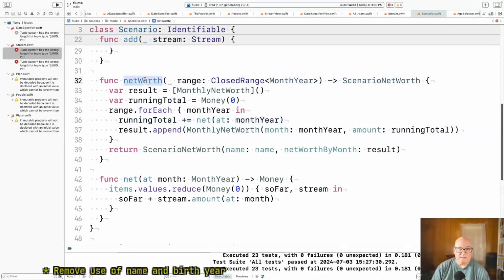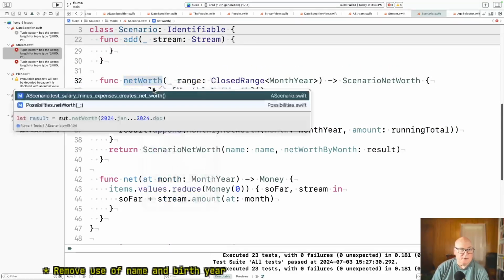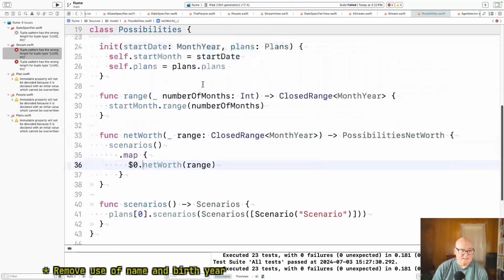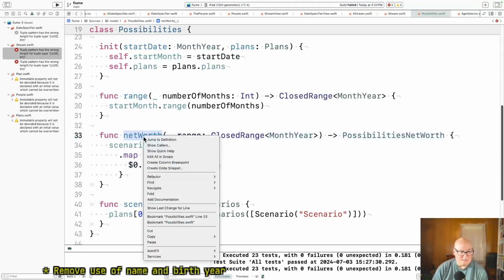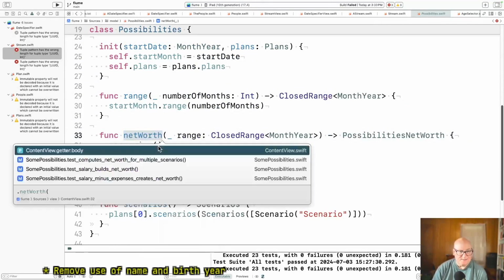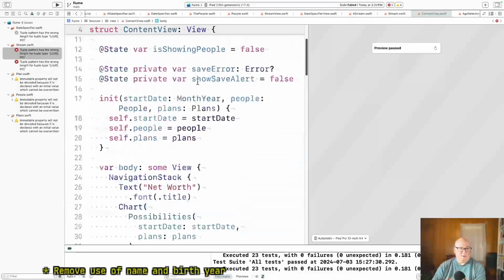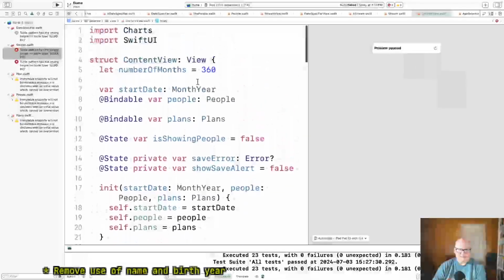Right, we just give this a range now. This should be in the view. No, it's in possibilities.net worth. Okay, and this I think might be called from the view. Content view, getter body. Okay, yeah. So this is going to have to pass down people.